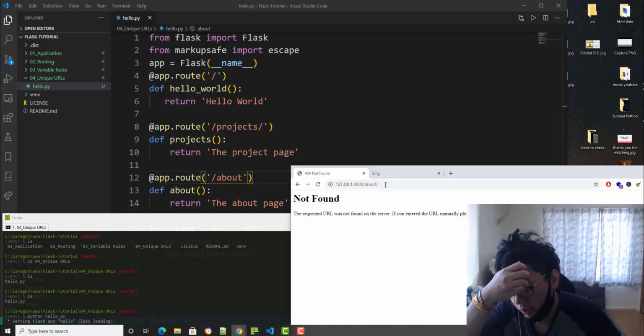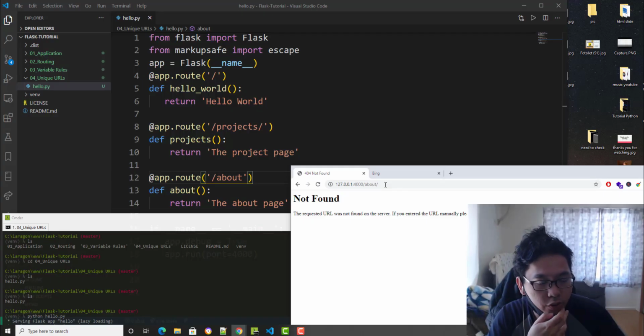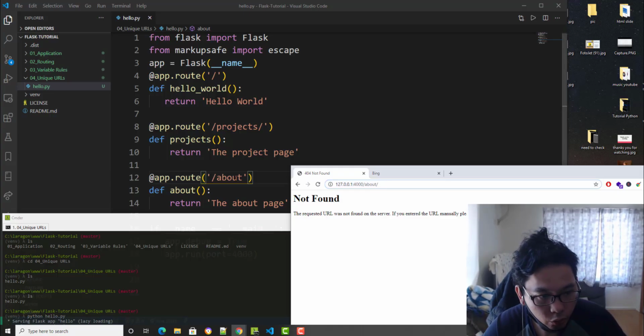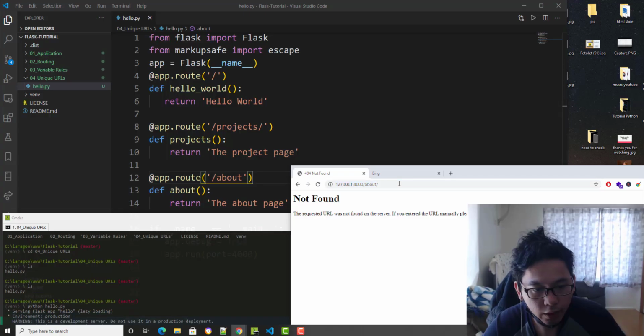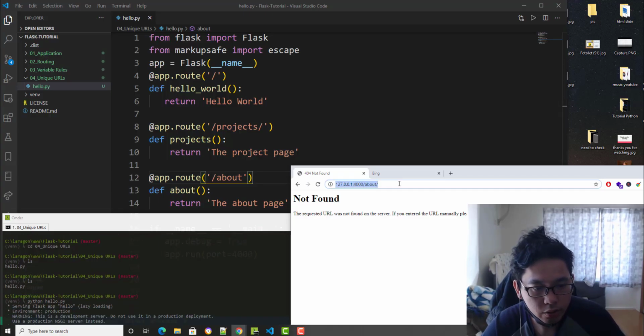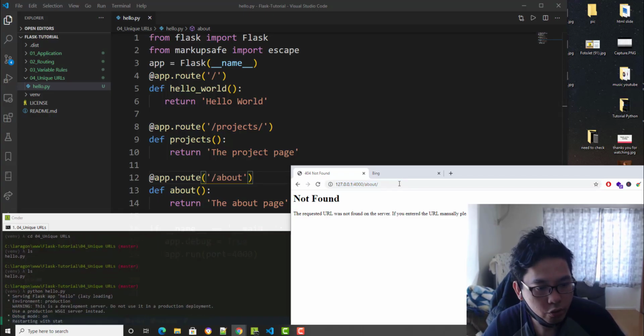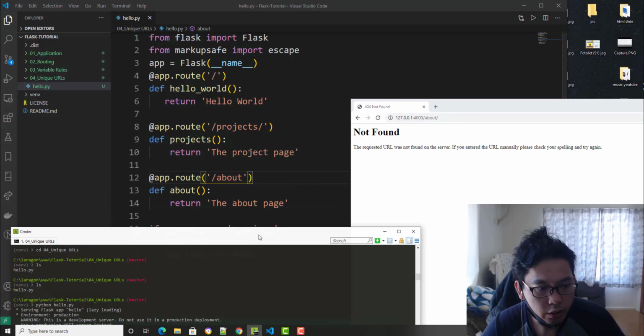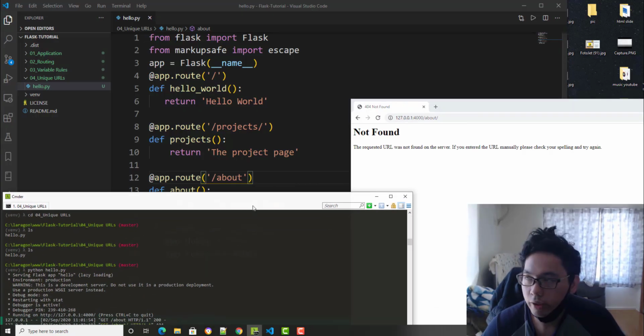So this is very important, and this is unique URL in Flask. You should remember this. If your route doesn't have a slash and you add a slash to it, it will not be found. So that's the unique URL you should remember, without slash or with slash. It's very straightforward. See you in the next tutorial.